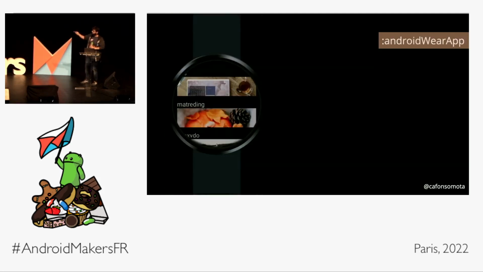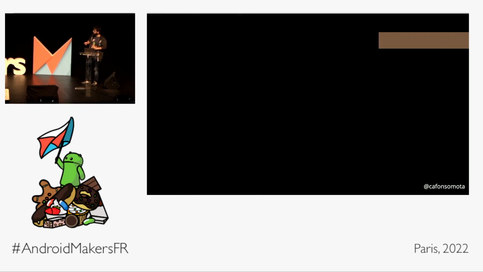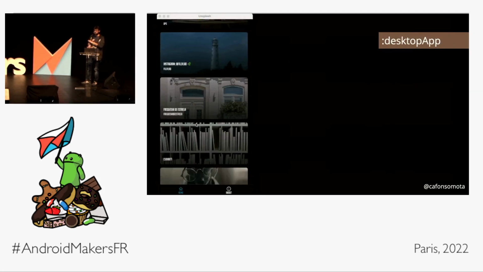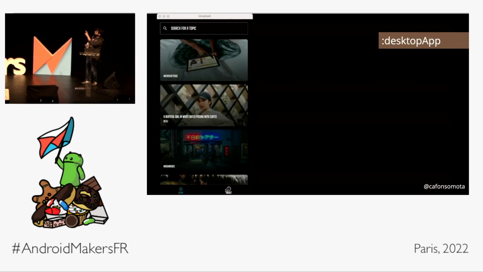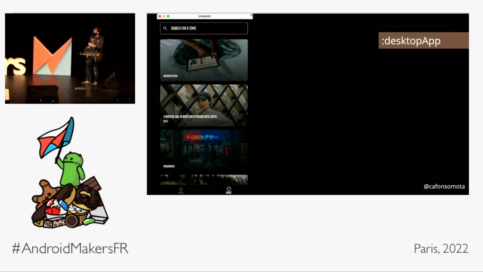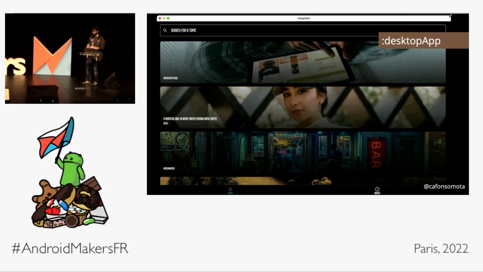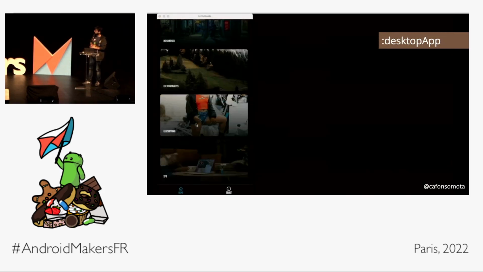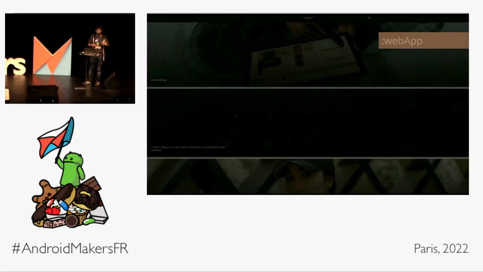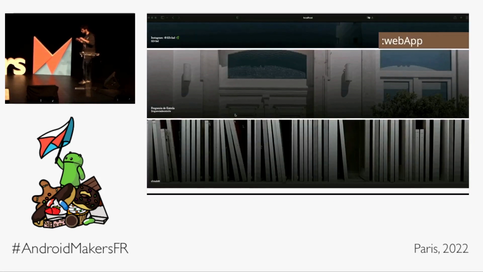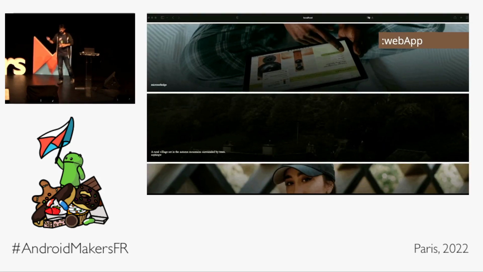Before that, I still implemented the Wear app, also with Compose. Pretty simple. And then I ported it to desktop. And you're going to see that this is really a desktop application because I'm just going to maximize the window. See, desktop. You can't do that on Android. And then after this, I've also implemented the web app, once again, with Compose. And I know that you're going to be really shocked now, but it also exists for iOS.